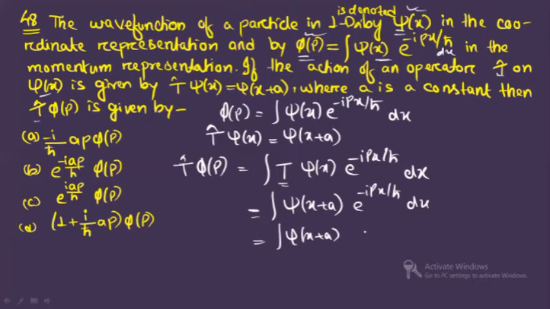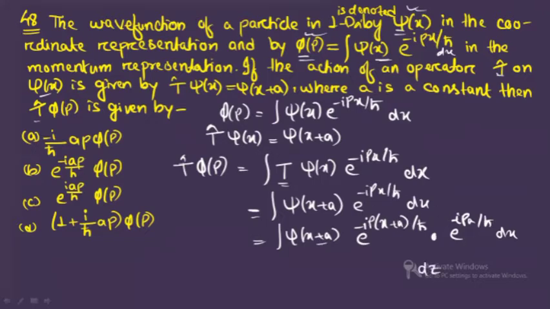Now this exponential term can also be written as follows. If I take i p common, I can write x plus a divided by h cut, which means I am writing one extra term, e to the power minus i p a by h cut. So if I write e to the power positive i p a by h cut dx, then both the terms cancel, the minus i p a and the positive i p a by h cut, and we have only e to the power minus i p x by h cut. So this I have done.